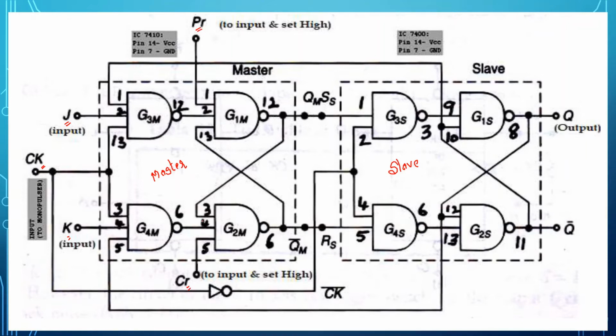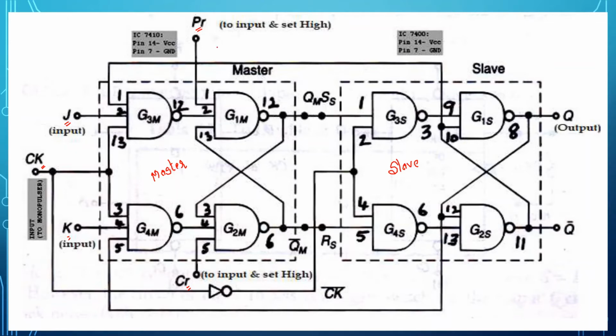So before you start the experiment, once the circuit has been rigged up here, you need to check whether preset and clear are working fine. So what you need to do is, you need to keep all the inputs low and you need to press preset input. If you make your preset high and if you make it low, your output should be 1. If you make your clear high and if you make it low, your output should be low.